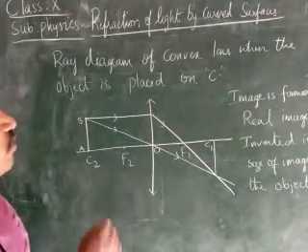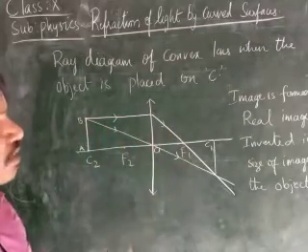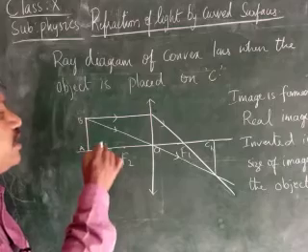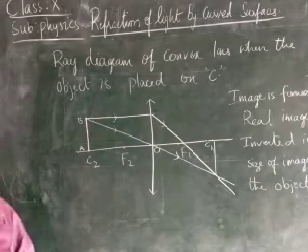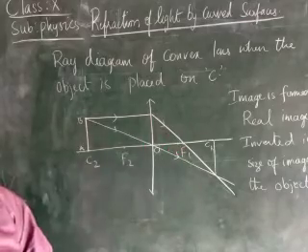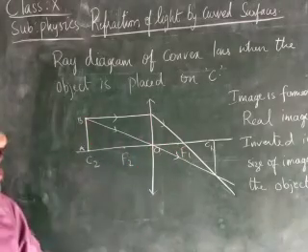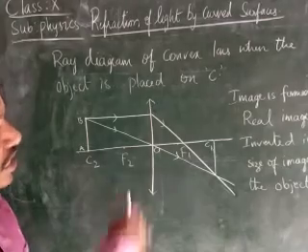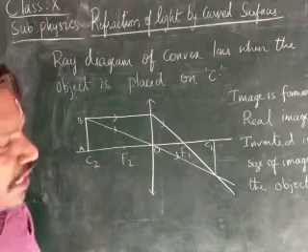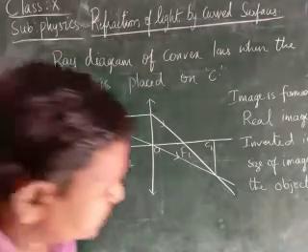Therefore, here, what are the rules that we are using? The second rule as well as the third rule. The third rule is that when the light ray travels parallel to the principal axis, after refraction it passes through the focal point. And the second rule is that when the light ray is passing through the optic center, it is undeviated. Normally, in most cases, we will be using the second rule, children, to draw the ray diagram. It is easy.